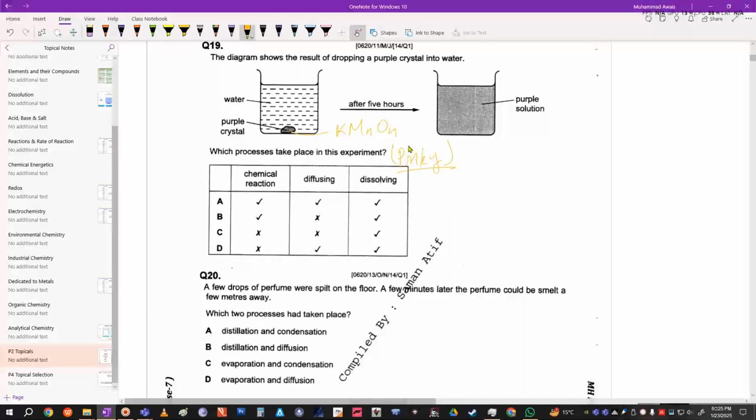It's called Pinky, the salt, while it leaves a purple color, right? Also used as an indicator for our chemical processes. We will understand this use of KMnO4 as an indicator later, for titration processes and separation technique, at the very end of our chemistry topic. Okay, after 5 hours, the color